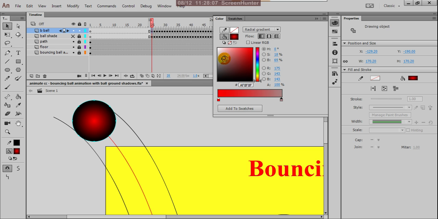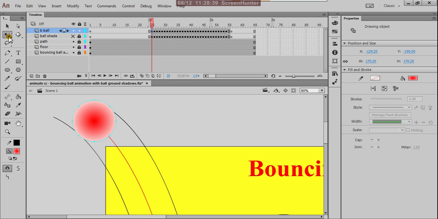Okay, and now what I am going to do, select this gradient transform tool so that you move this color up to there.